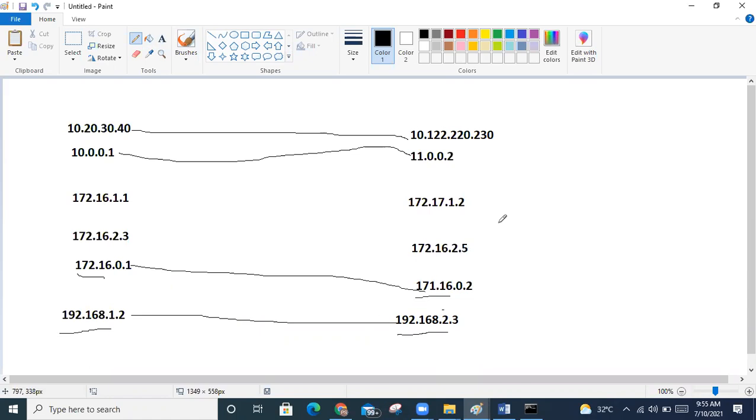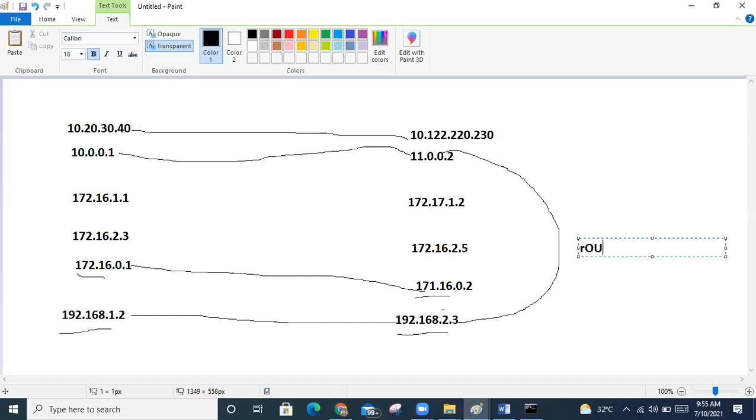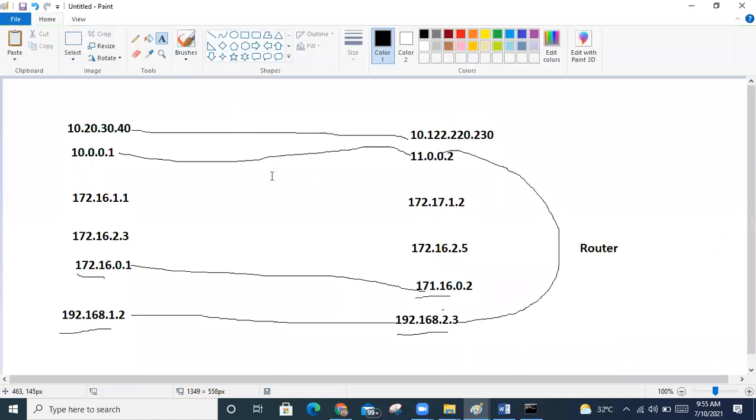In companies, they will try to communicate from this series of IP addresses to that series of IP addresses. For that, you need to use routers. You can communicate with each other, but by default they will not communicate. If you use a router and some NATing here, then they will communicate. By default, different classes will not communicate. Is it clear about networking and IP addresses?